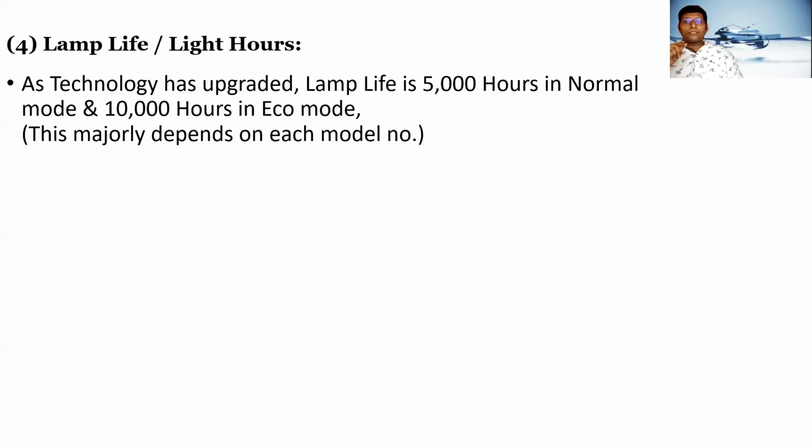In eco mode, the brightness degrades a little. So if the projector is 3,300 lumens in normal mode, when you put it into eco mode, there is an option in the remote, the brightness will degrade a little. That will become 2,300 or 2,200 ANSI lumens. Around 1,000 lumens gets degraded, but your lamp life gets increased. If you are making a room dark, it's better you put it in eco mode.